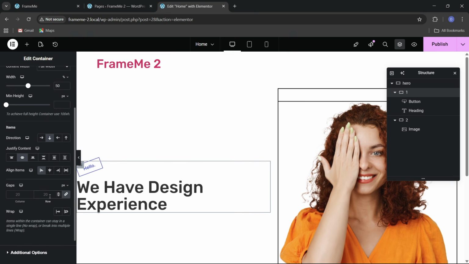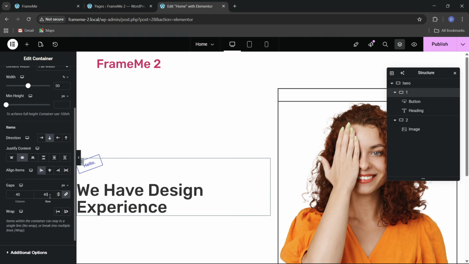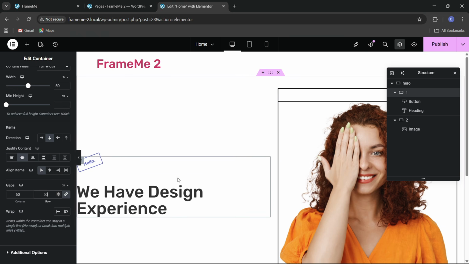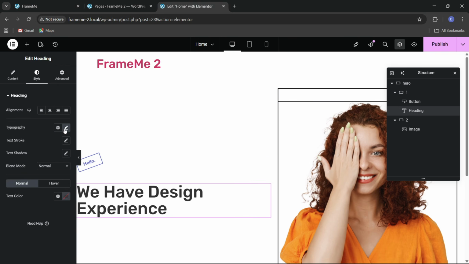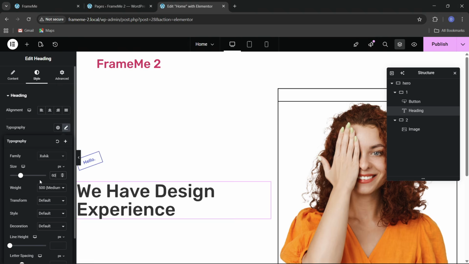Then here you can see we have this 30, here we have 40, 50. Okay, now you can see we have this text here, so we can also make this a little bit bigger. We can make this 60,